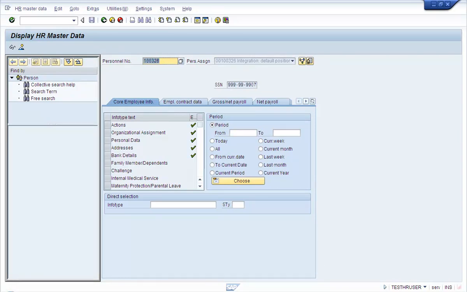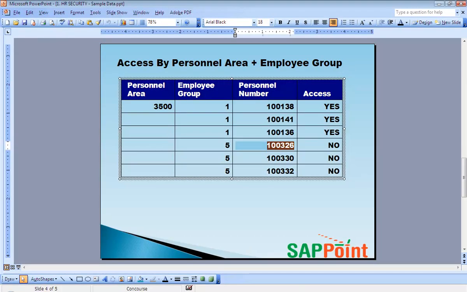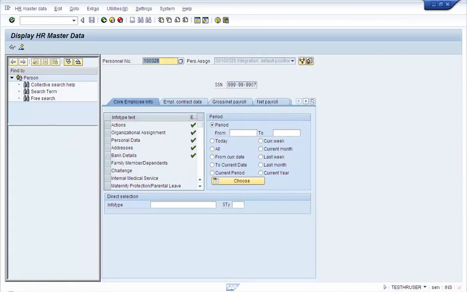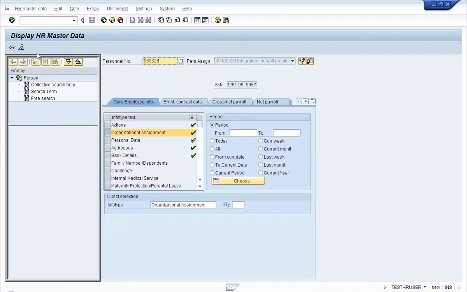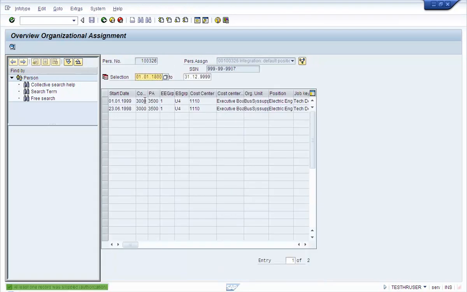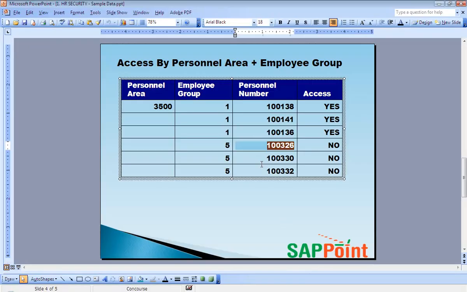326. I can see it for employee group 1. If you go and see the overview of this partner, 326 was 5.